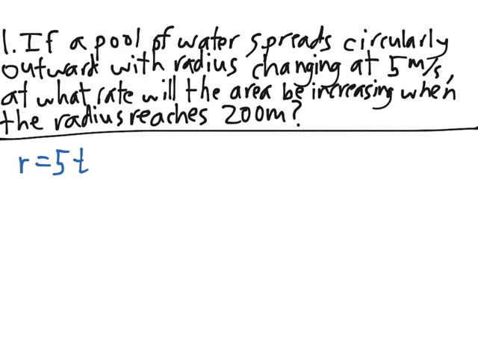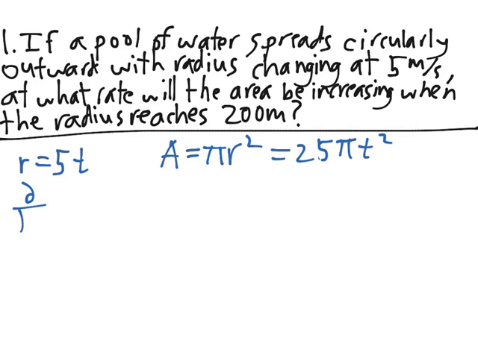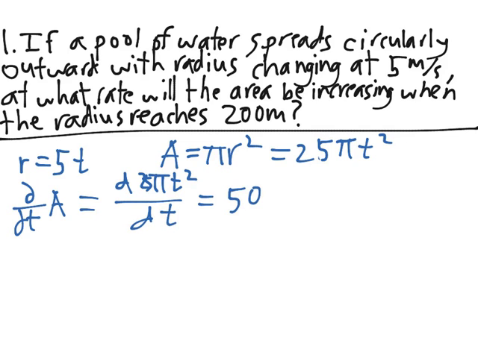Now since we know what the radius is, we can write the area as A is equal to pi r squared. So then we can now write this as 25 times pi times t squared. Now we want to know what dA/dt is, because we want to figure out the rate at which the area is increasing when the radius is at 200 meters. So d/dt of A is equal to d/dt of 25 pi t squared, which is equal to 50 pi